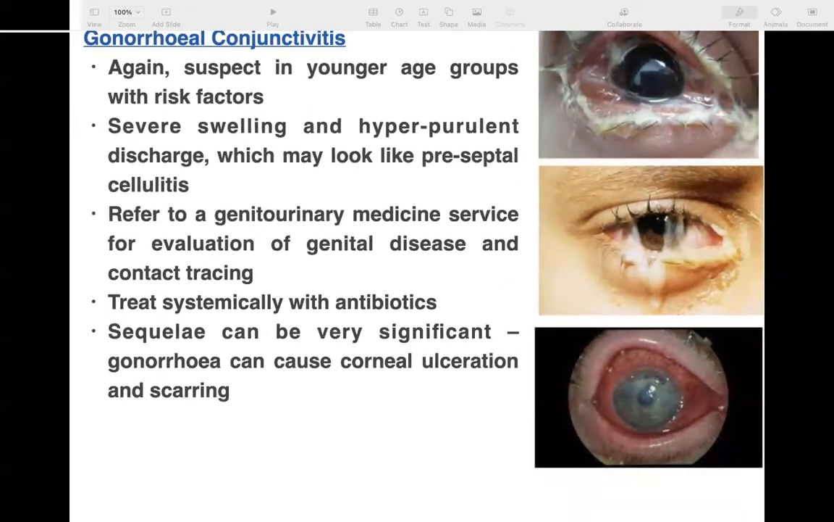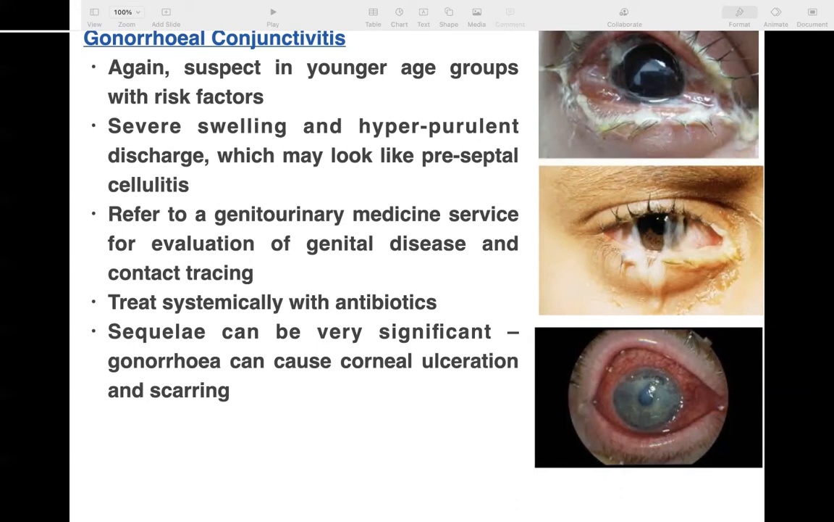Here is the most severe and important or risky type of conjunctivitis, gonorrhoeal conjunctivitis. Again, suspect it in younger age groups with risk factors. It's also related to genitourinary tract infection, with severe swelling and hyperpurulent discharge, which may look like pre-septal cellulitis. It's severe, with swollen conjunctiva, swollen eyelids, and profuse discharge, as you see in the pictures, in the upper and the middle pictures,